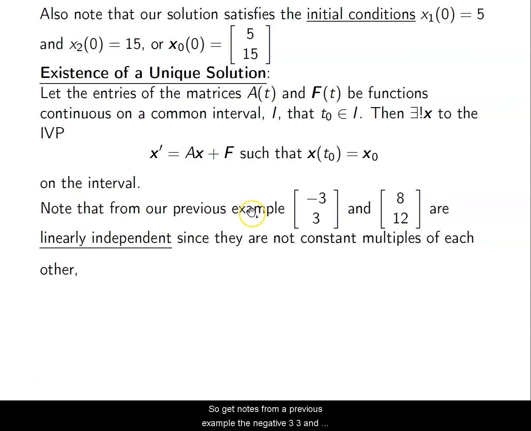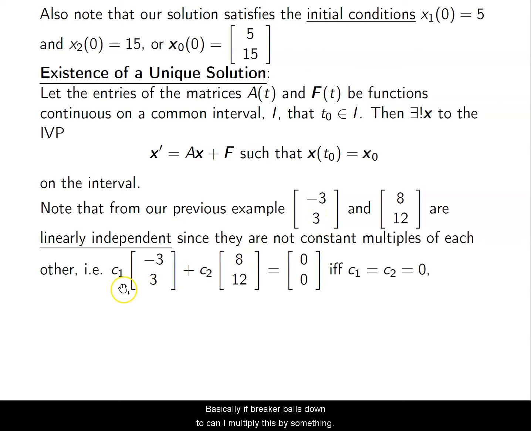So again, note from our previous example that -3, 3 and 8, 12 are linearly independent of each other. I cannot add these matrices together in order to get the other one out, right? They're completely different from each other. They're not constant multiples of each other. If I had a third vector here that only had 2 elements, they would no longer be linearly independent. Again, if you're a linear algebra student, this should be second nature to you at this point. But for those of you who are not,